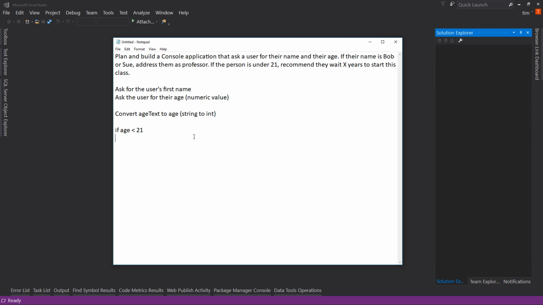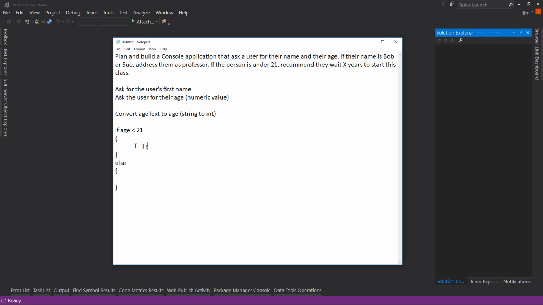okay, and in fact, I'll put curly braces here just because this is what's called pseudocode. It's not really code. It's similar enough that it allows us to do some things with it. And I'll put my else here just so I have it. So what are we going to do here? Well, we need to say wait so many years to start this class. So we'll need to do a calculation here. We could either capture that or we could do it right in line. So for example, we could say,